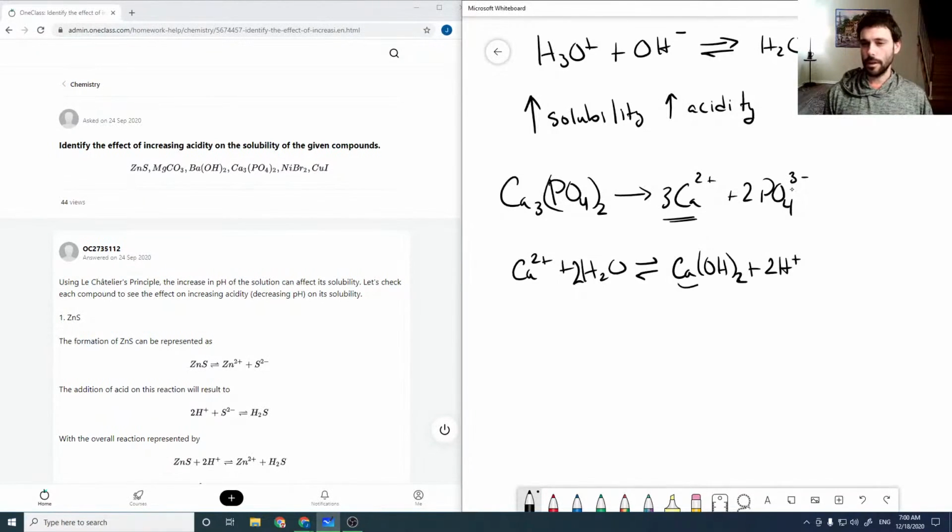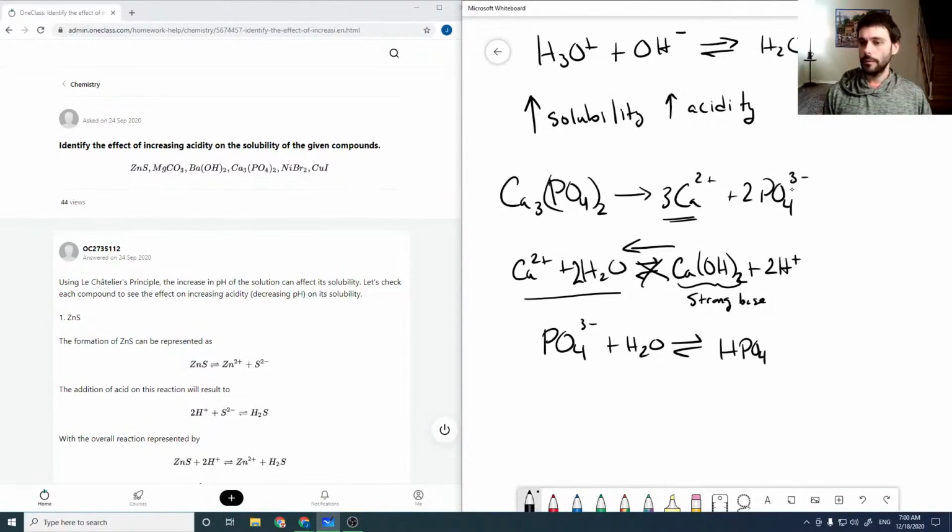Right, so this here is a strong base, which means this doesn't go, and it just goes backwards. So we only have our reactants, whereas PO4 3 minus combines with water to give us HPO4 2 minus plus OH minus, which is a weak acid, and so